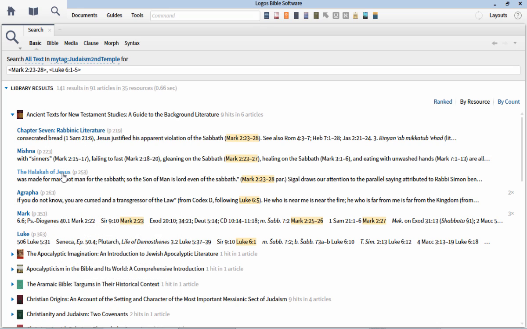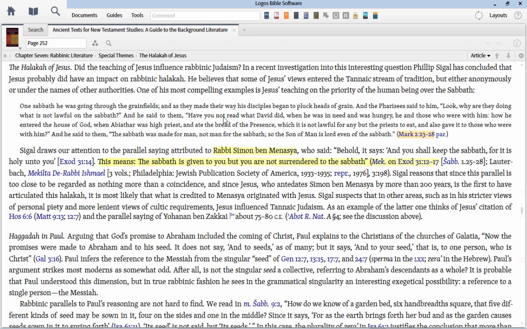On page 253, the halakha of Jesus. Halakha has to do with the commandments, the law, how to interpret the commandments in the Pentateuch, in the books of Moses. And here he shows that Rabbi Simeon ben Menasya, who lived 150 years after Jesus, says, "Behold, it says, 'And you shall keep the Sabbath, for it is holy unto you.' This means